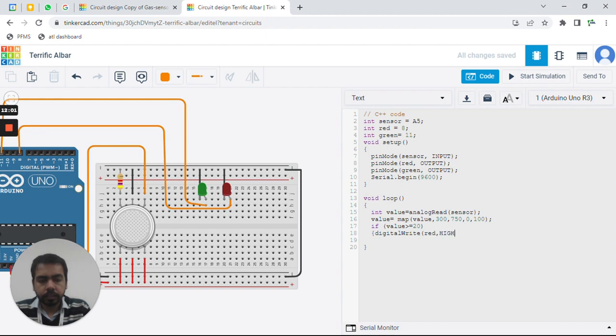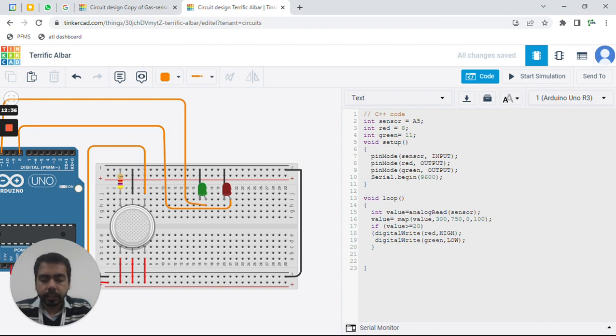I am going to write the value, like red high, and simultaneously I am going to turn off the green light. Okay, so digital write green comma low. So this is what we have done.